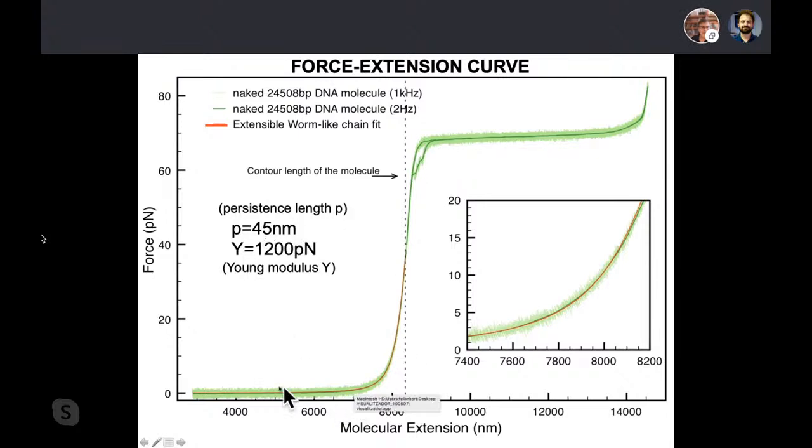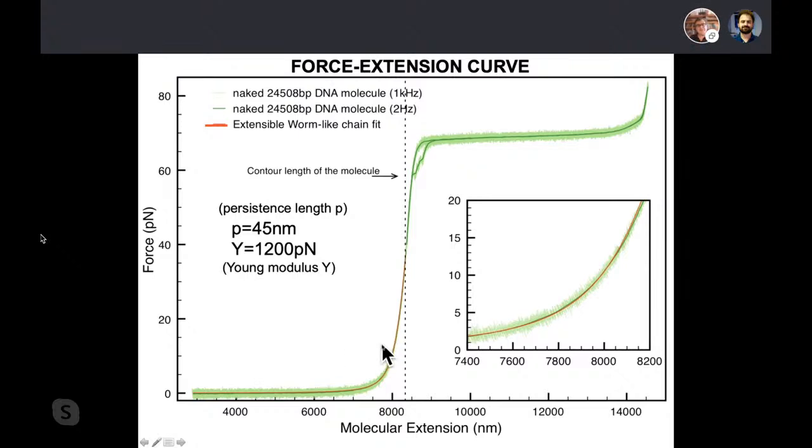And here there is this very interesting regime, the entropic regime of response of the DNA, which is defined by the persistence length. Typically the persistence length is the length along the contour of the DNA over which you can expect the orientation of your DNA to remain correlated. There is a natural bending stiffness, and for distances longer than 45 nanometers along the contour length, correlations due to this bending stiffness are lost. The tangent vector of your polymer is then completely decorrelated.